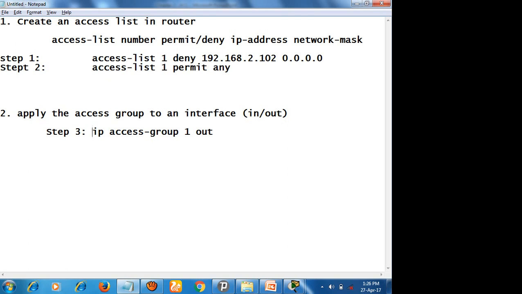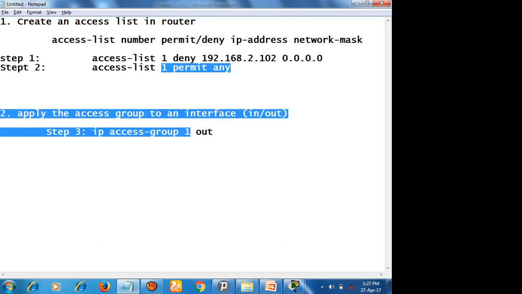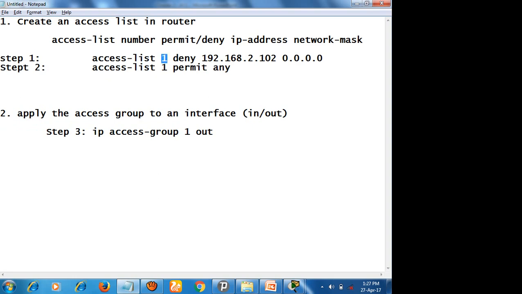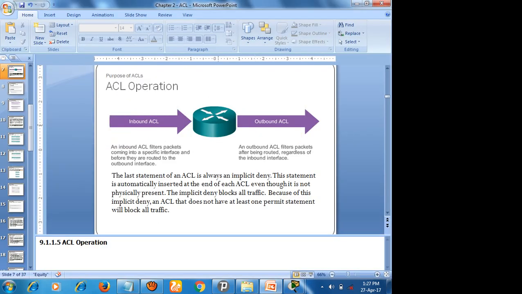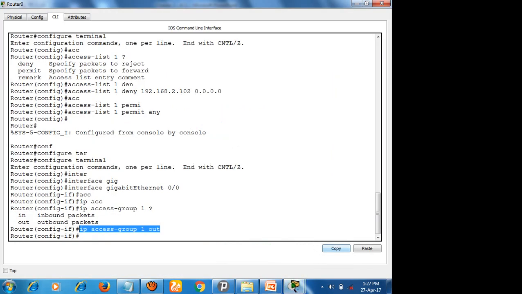right? Only 3 commands. First you need to create an access list and apply the access group to an interface, right? IP access group, and what is the ID number? 1, the ID number of the access list. So that's it. Now you can check the interfaces.